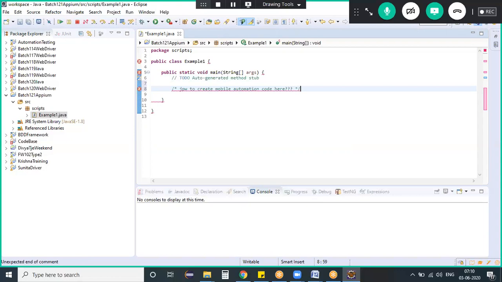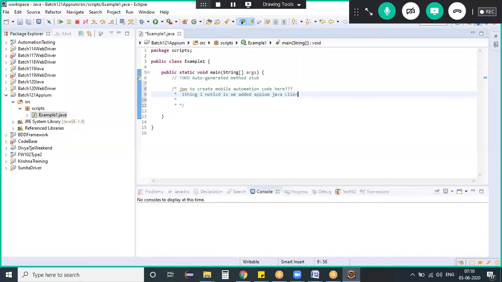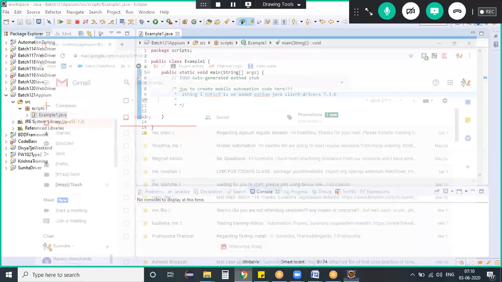How to create a mobile automation code here? We don't know anything. But one thing I noticed is we added Appium Java client drivers, and that version we have added is 7.3.0, something we have added this, right? Now what I'm doing right now means go back to the browser,